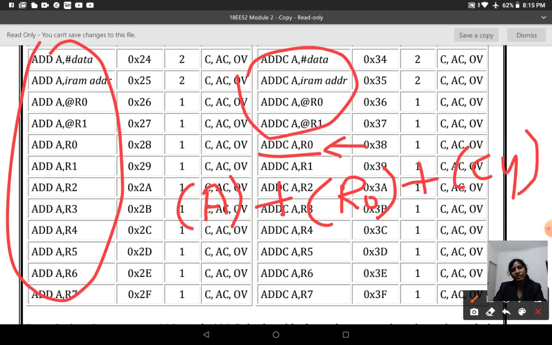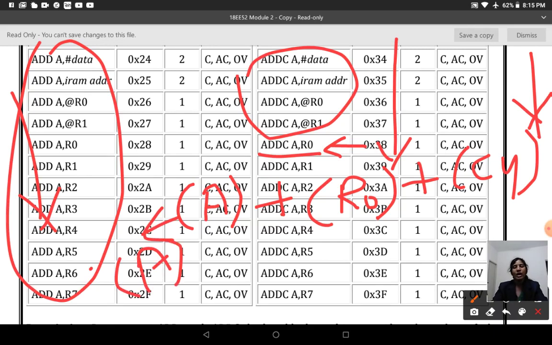Whatever instruction I have shown in this particular path is add with carry. Whatever I have shown in this particular path is only the add instruction. Here the carry flag is not affected, whereas in all these instructions, your carry flag is going to get affected. Why? Because the content of accumulator is added with the content of any other register along with the carry bit, and the result of execution is stored in your accumulator.